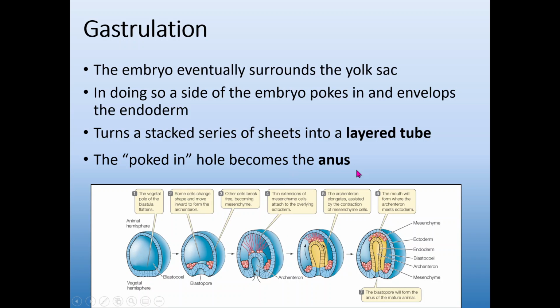There, too many animations. This poking in that we see of our inner layer is actually what will become the anus. So this is the first opening that is created for humans. This is not always true. There are different groups of organisms that make their mouth first. We are part of Deuterostomia. That's just the group of organisms that make anus as the first biological opening. Eventually, that pushing in is going to push all the way through, and that will create the mouth on the other end. We are biologically tubes of meat. We have a hole that starts at the front and it goes all the way to the other end. And this is how it happens.